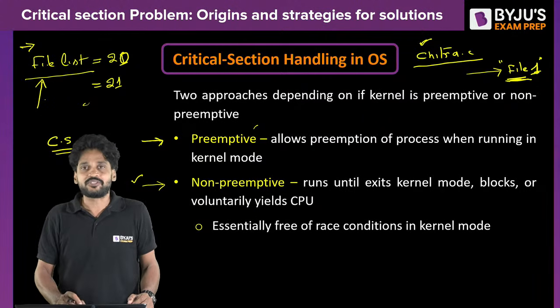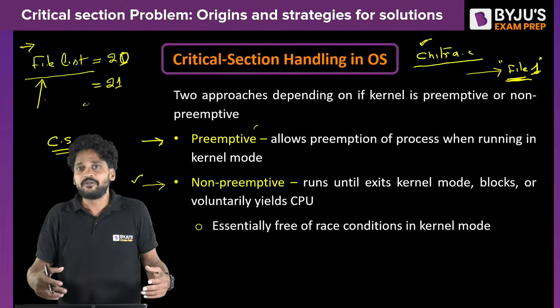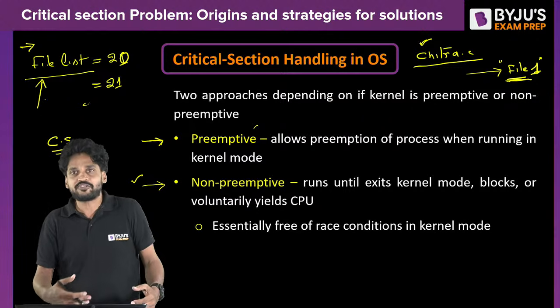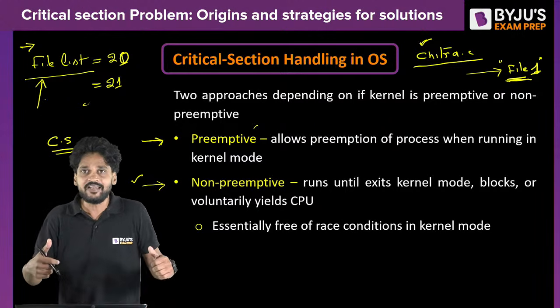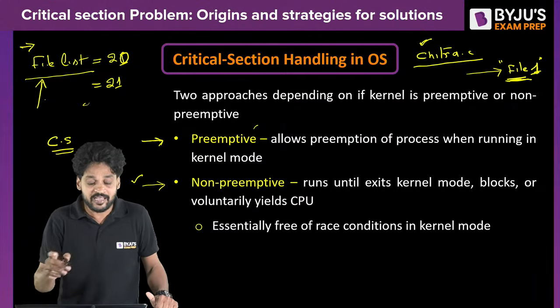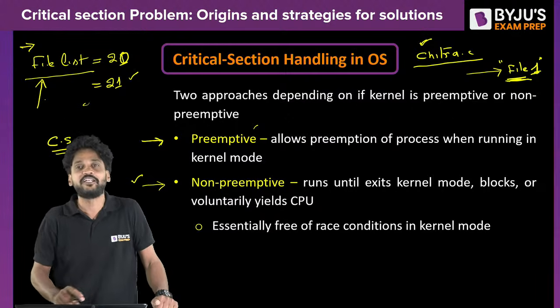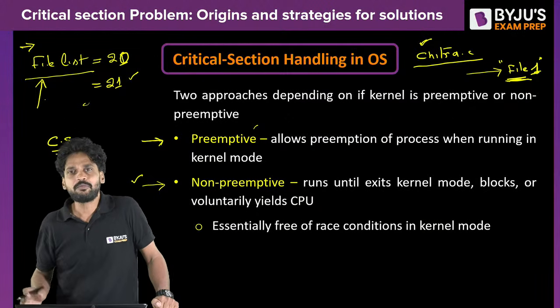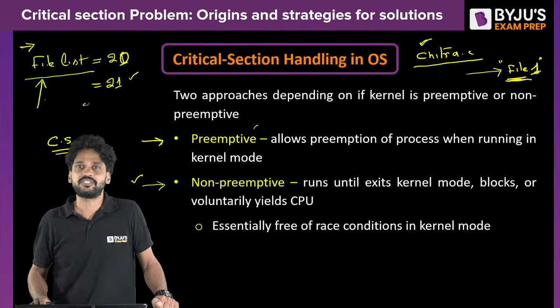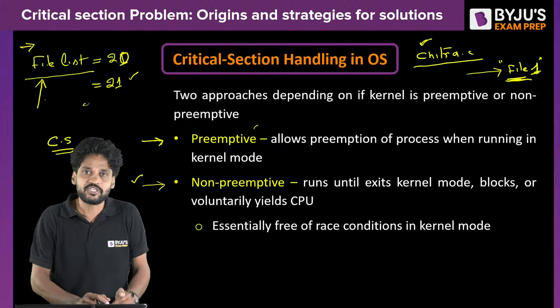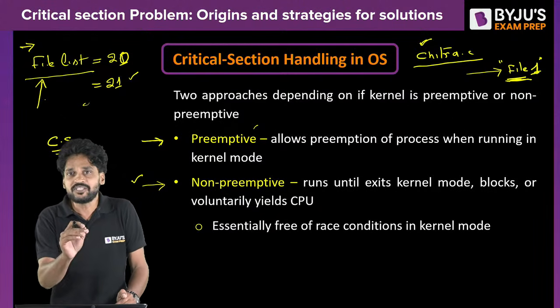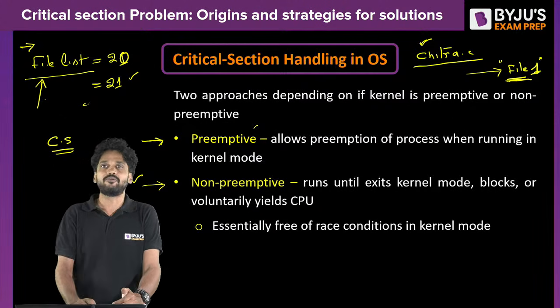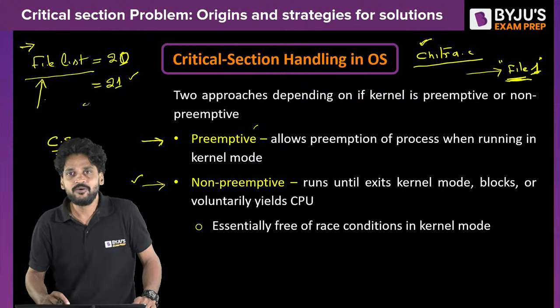When both processes are able to enter into the kernel mode, they may access the same data structure, which is the file list, read the previous value of the file list, and update it to 21 rather than 22. So the same problem as we have seen in the previous session can still persist if a process is allowed to be preempted from the kernel mode. So in order to avoid that, what we do is,